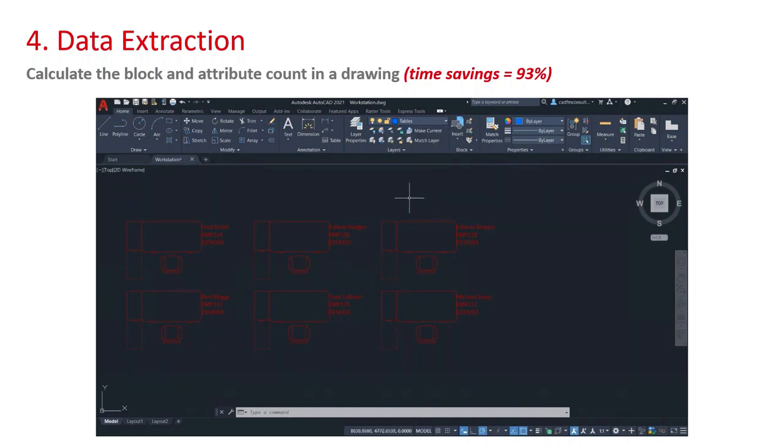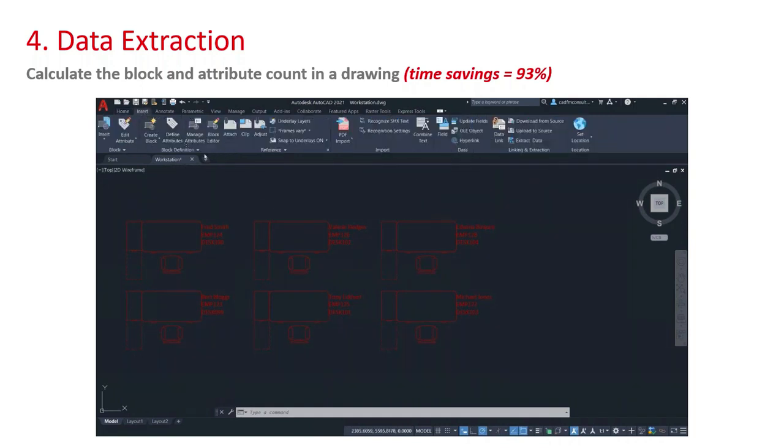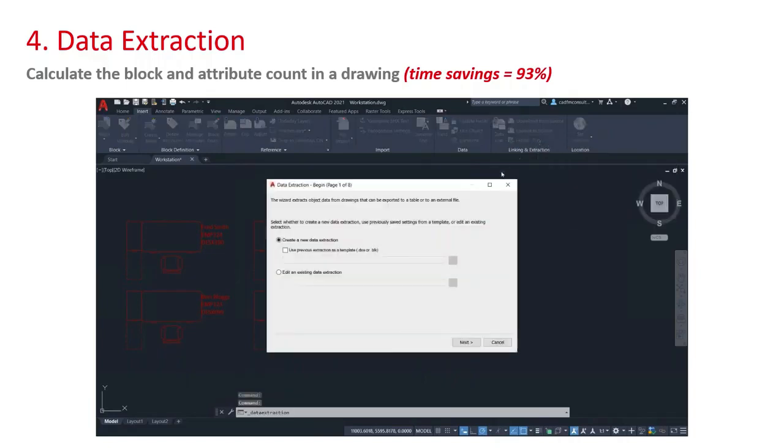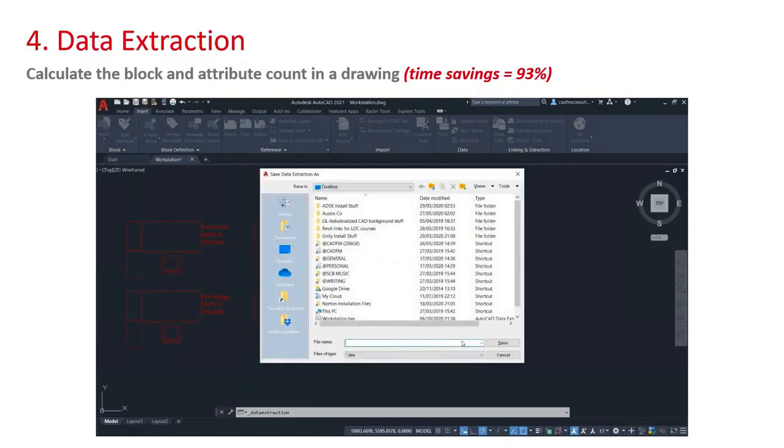So what I've done, I've just jumped into the tables layer, and I'm going to go to the insert tab now, and I'm going to run the extract data command in the linking and extraction panel. And this is fantastic because it takes you through an 8-step wizard. And all you've got to do is literally follow the steps, step by step, setting the settings in each particular page. So what I'm doing here is I'm saving my DXE file, my data extraction file,